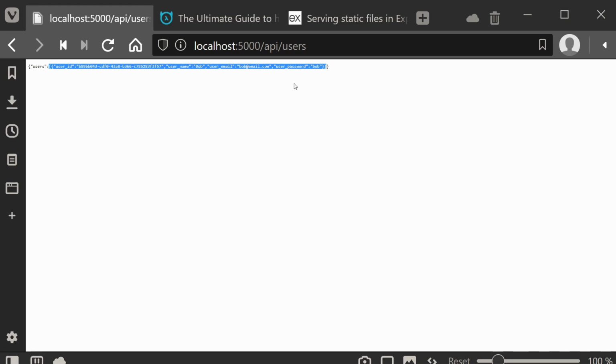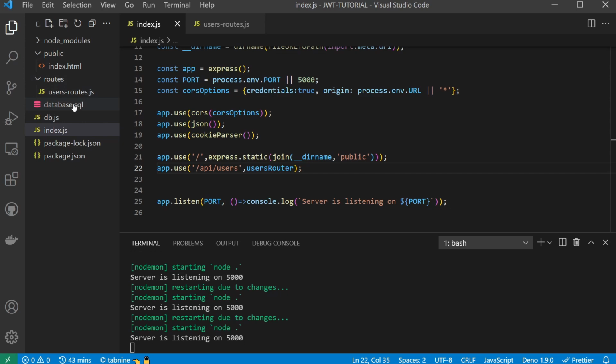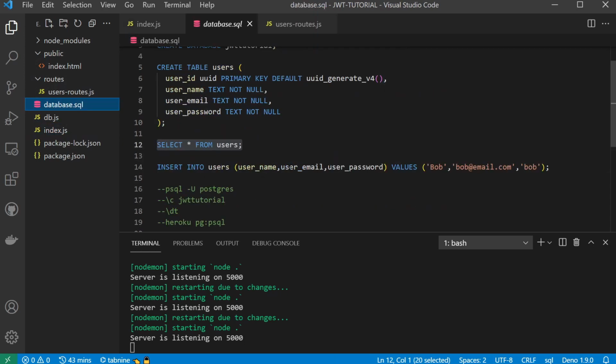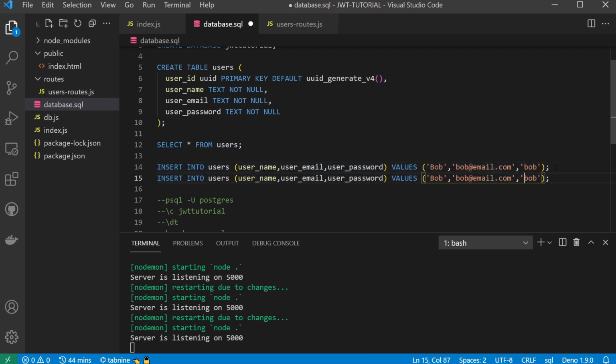Yeah, for giggles, let's stick another one in. So how would we do that? Well, we can just come back here, database.sql, and let's add in Fred. So let's copy that,